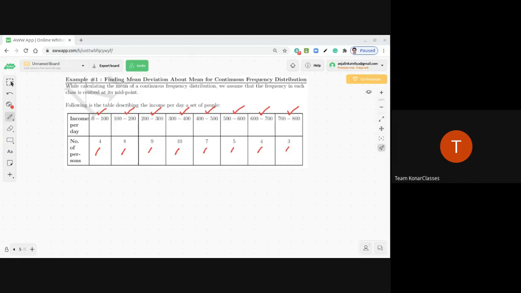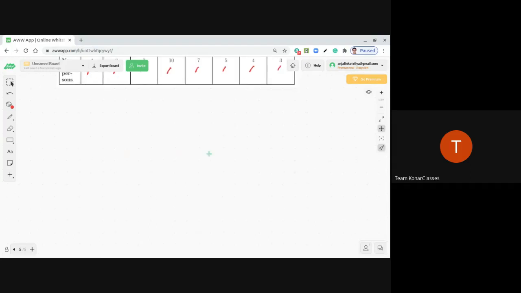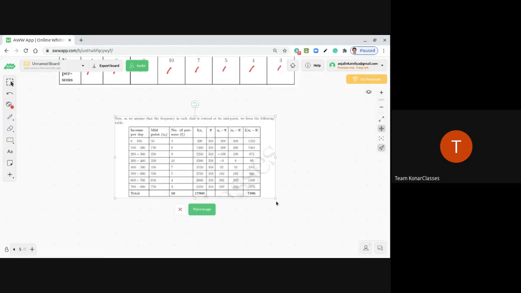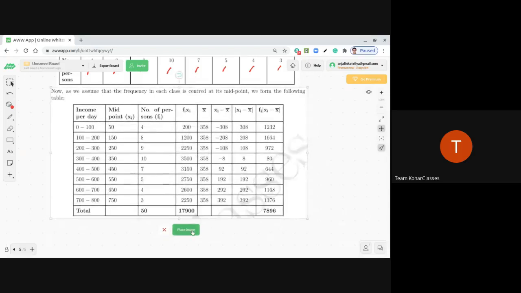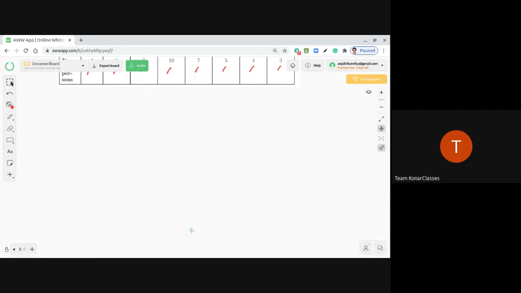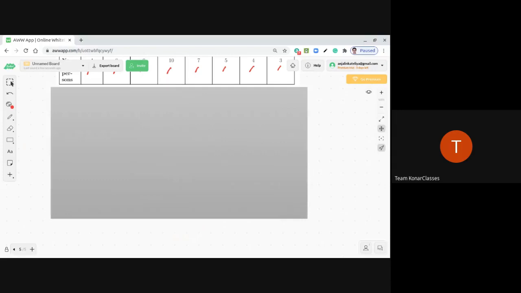Dear students, we have formed this kind of table several times during our session on statistics. So you will find it comfortable when I place the table in front of you. During practice, solving the numericals, all you need to do is compute this table properly. Any mistake in finding the table will lead